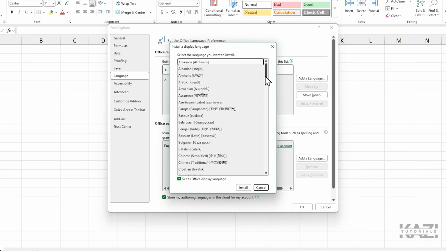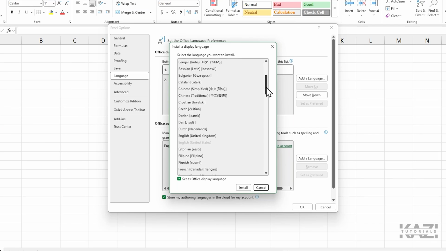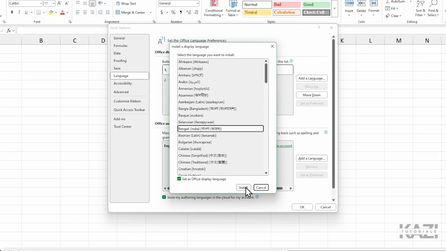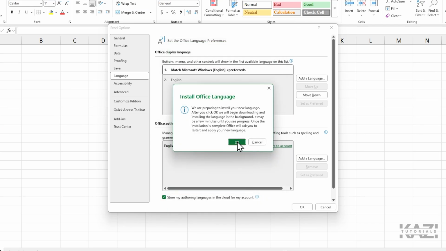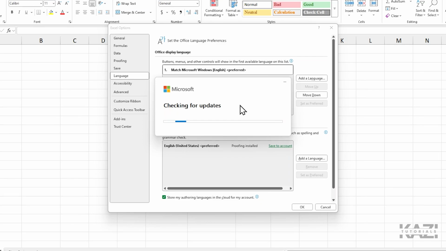Now once you have done that, you can simply select the language that is preferred. So let's just find a language. Let's just go with this one and simply tap on Set as Office display language. Make sure that it is ticked, and simply go with Install and simply go with OK, and